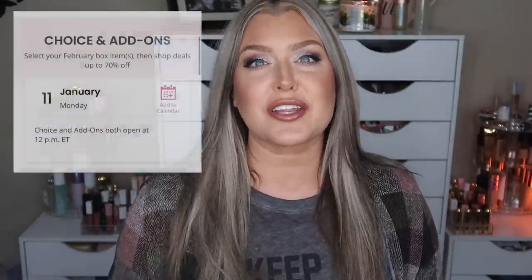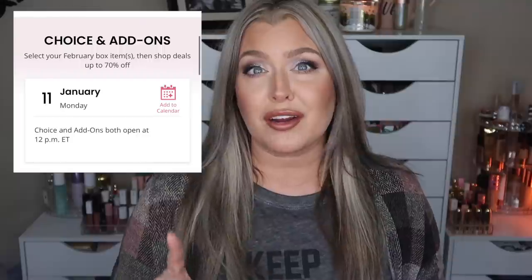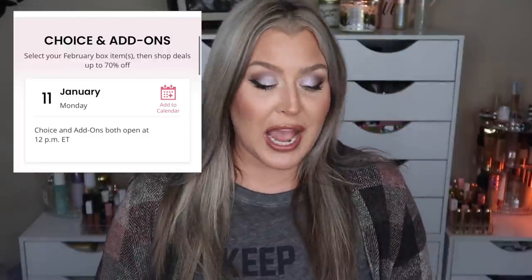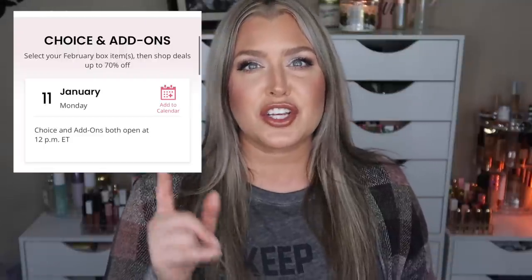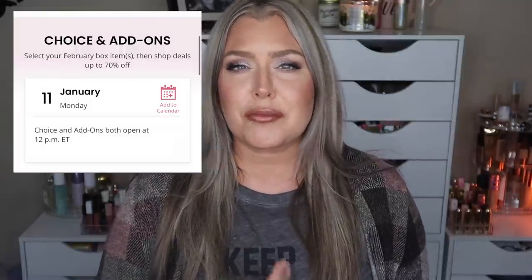Okay, let's just go ahead and jump right into important date. Mark your calendars for January 11th. It's this coming Monday. This is when you're going to be able to jump into your account, make sure you are logged in, and you're going to be able to make your choices for your base and premium box for February. I do not know yet what those choices are, but as soon as those are released, you know your girl's going to come back. I'm going to go ahead and talk about everything,